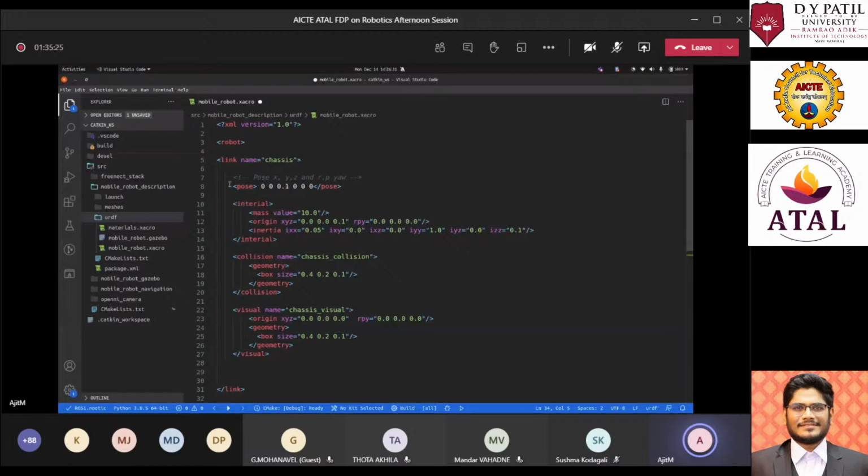Now this caster wheel will be in the y direction. In the z direction, it would be 0.1. Now this we have to move in the x axis as well. So let's say this would be 0. Now coming to the next thing, the x-axis will be minus 0.15 and 0, and for y it would be 0. For z it would be minus 0.05, and roll pitch yaw would be again 0, 0, 0. This would have a negligible mass, so let's go with 0.5 something.